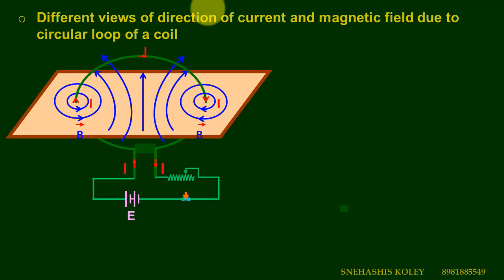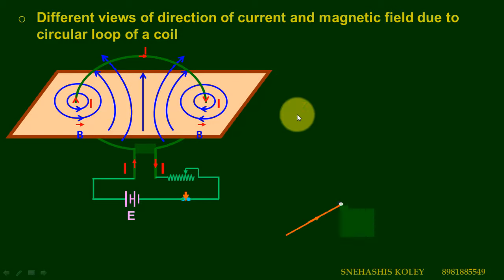And the last observation is that the magnetic field lines passing through the loop are in the same direction. If the magnetic field lines appear to enter the front face of the loop, it behaves as a south pole. If we see from the other side, it will appear that the magnetic field lines are coming out from the face of the loop, and that side will be the north pole. Thus the loop acts like a dipole, and it has a magnetic field similar to that of a magnetized disc.